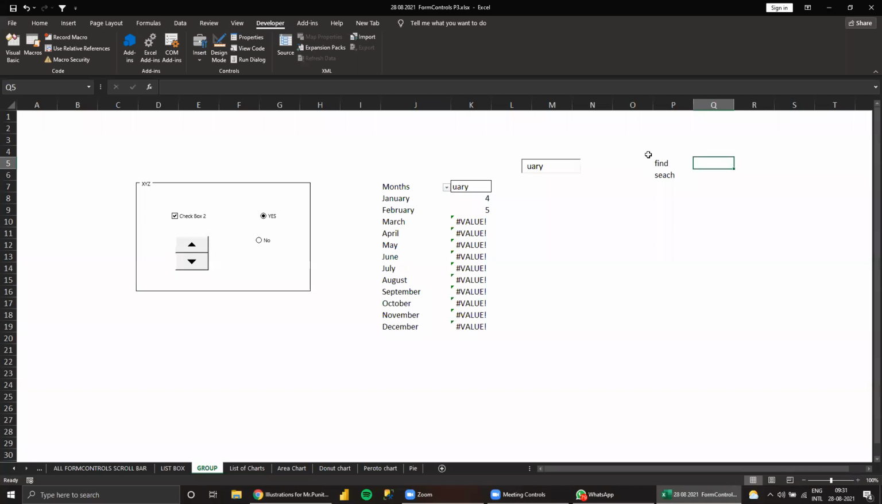Very good. Both formulas are the same, but find is case sensitive, and search is non-case sensitive. So here, whatever the type, see, suppose I type UARY in small and capital letters. When you use find,